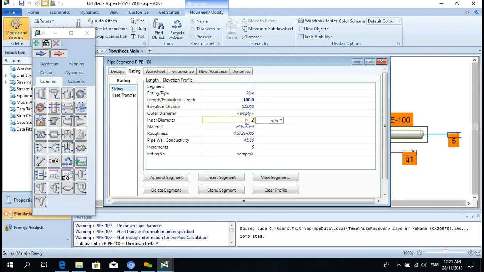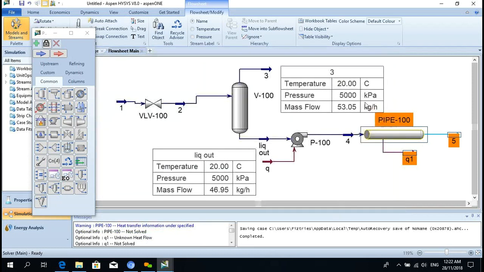So put 22 mm, because 25 mm is the OD, so maybe 22 will be the ID. And put outer diameter 25. Yes, this is done. Now close this.